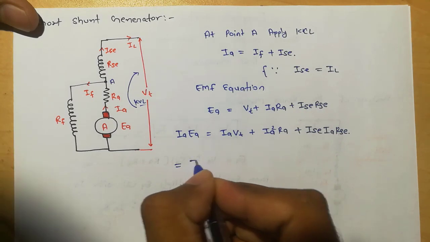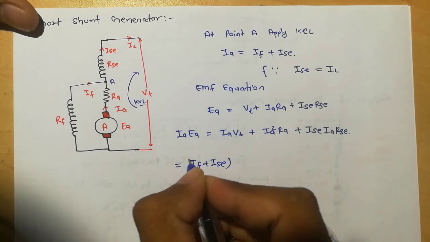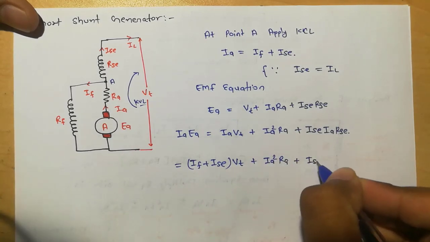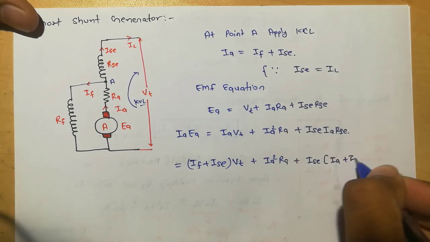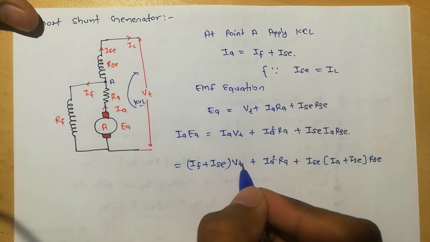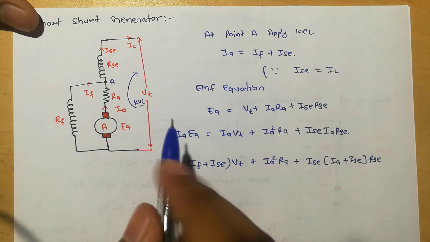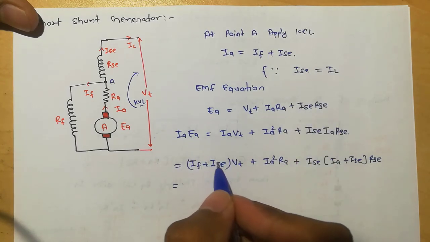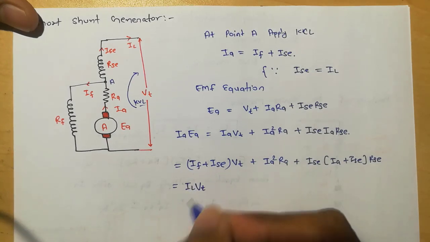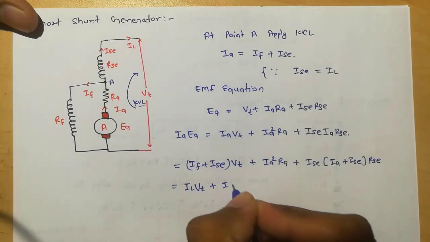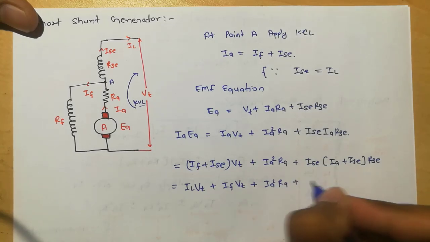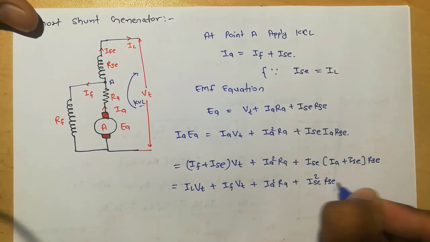The value of Ia is If plus Ise. Since Ise is equal to IL, we get IL Vt, our output power, plus If Vt plus Ia square Ra, the armature losses, plus Ise square Rse, the series field losses,